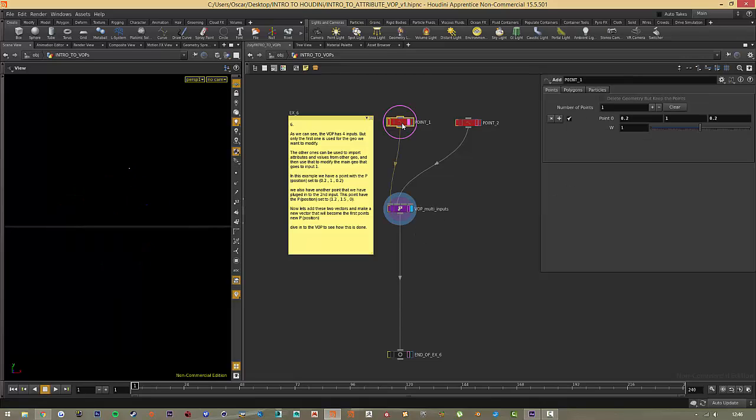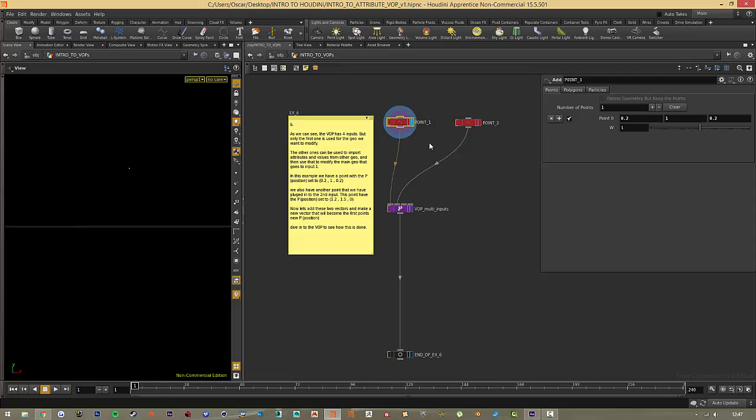Okay, so for example 6 here, we're gonna take a look at points and how to use the multiple inputs on the VOP and how to do math with them basically. So what I've done here is I've created 2 points. As we remember, points have the 2 main attributes, ptnum and position. And the position of these 2 points are, for position 1, my main point that I want to keep and use and work on,